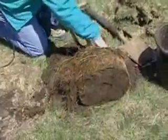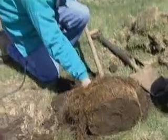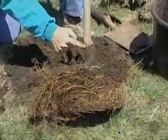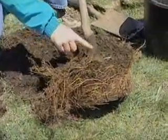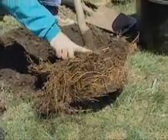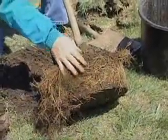Well, now I've removed all that excess soil at the top of the container, and you'll always find a few little roots, but don't let that worry you. Now I've reestablished that original grade. You see that crook? You go down about 2 to 3 inches and you'll find the first root. That's where you need to have it set for planting. Not where the soil was, but where the first root is, and you'll notice we removed about 1/3 of the soil from that container. Well, now we'll roll it in the hole,